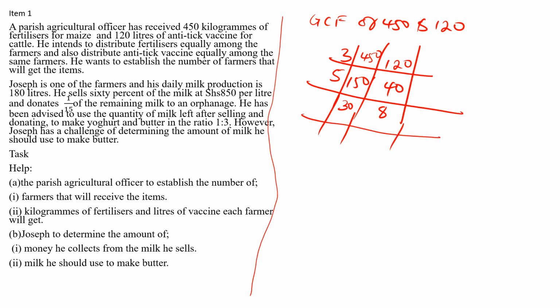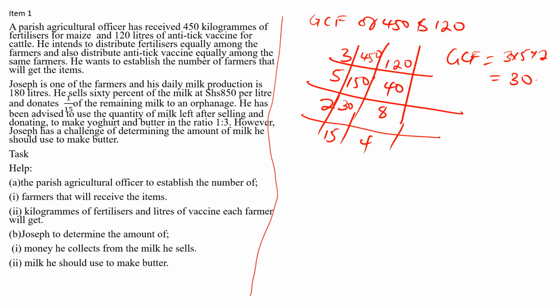And then I can divide by 2 now. When I divide by 2, we get 15 and then 4. So GCF is equal to 3 times 5 times 2, and I get the answer as 30. It means that the highest number of farmers that can share the quantities of the two items